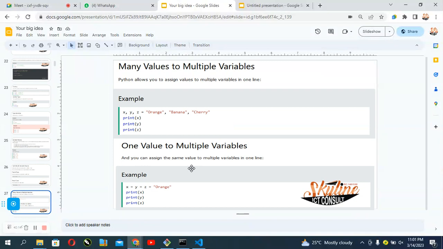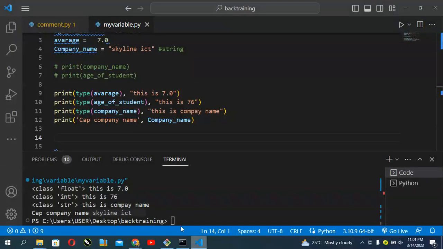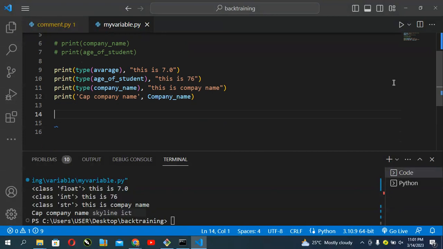Now, another thing we're going to be looking at here is multi-value variables. When we talk about multi-value variables, it means we can store our variables in multiple ways. If you noticed earlier, we just used one single variable to store one value. Now, there's also a way you can store multi-variables with multi-characters. Now, let me explain what I mean by multi-variables with multi-characters. This is what we have here. For instance, we have, let's say,